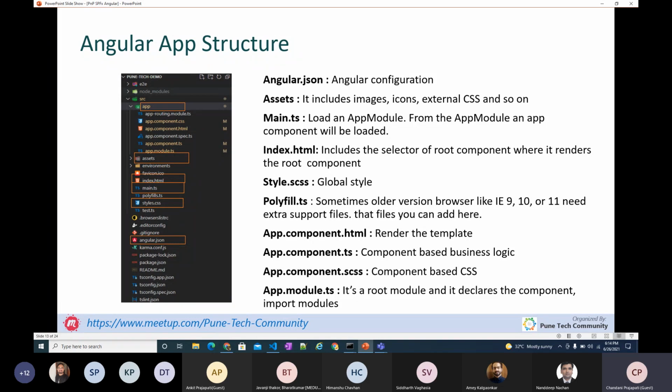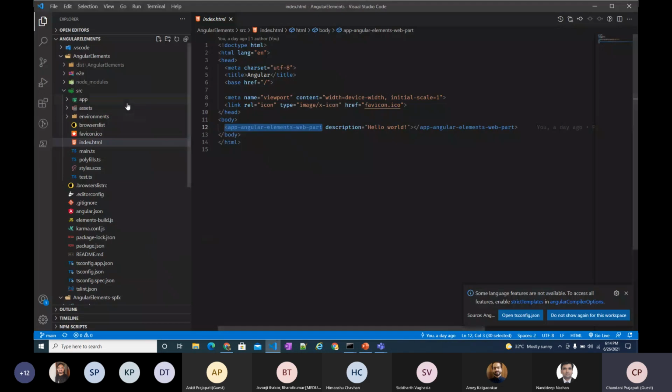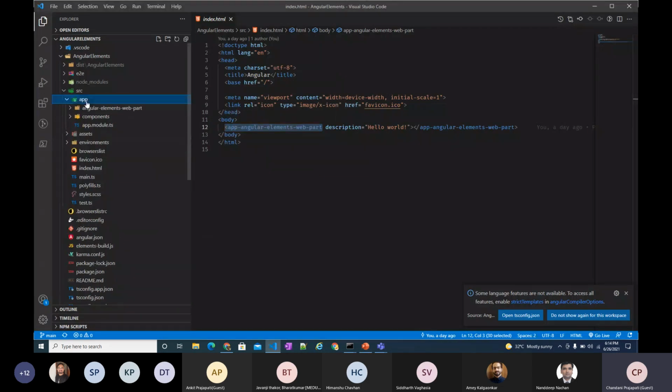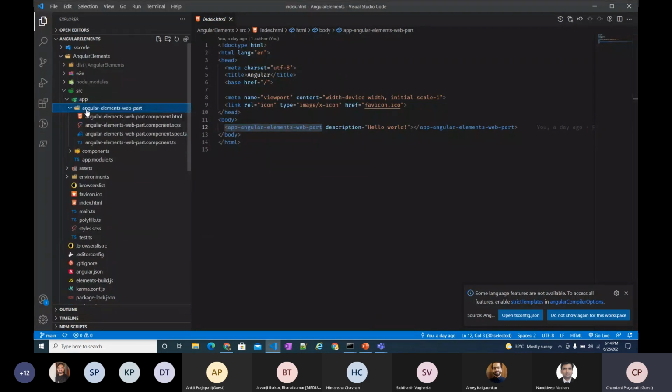Sometimes older version browsers like IE9, IE10, IE11 need some extra support files, then we can add those files in polyfill.ts. Then the main part is the app component. When we create any component, it contains four files. One is the HTML file, second is SCSS, then the TypeScript file, and the fourth one is the spec.ts file.